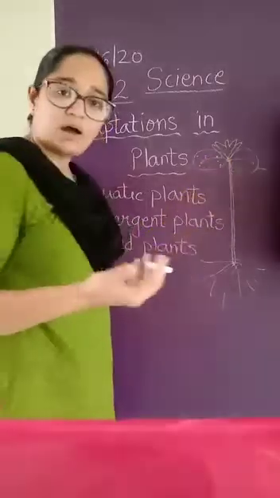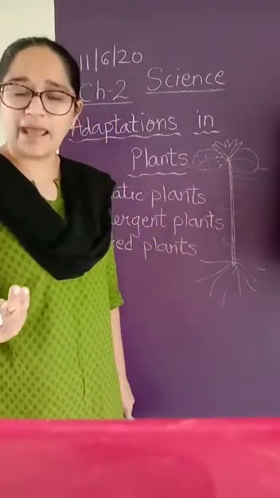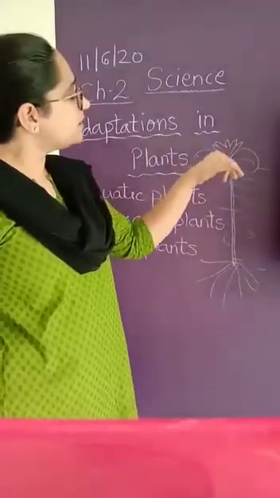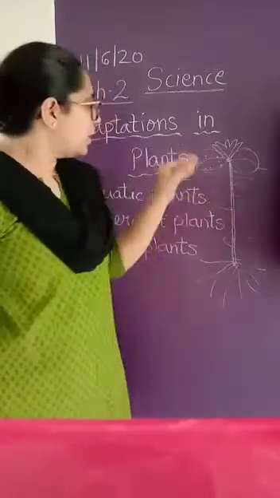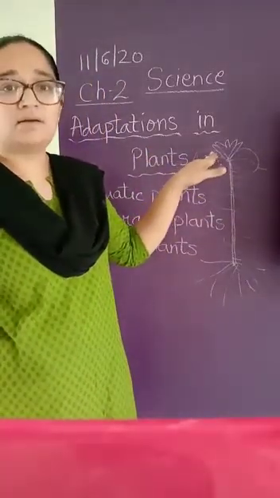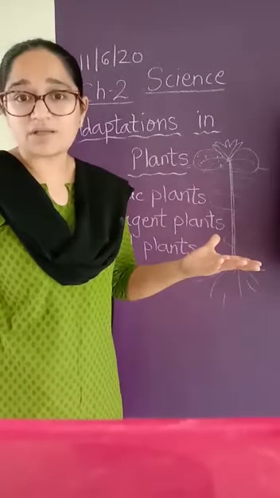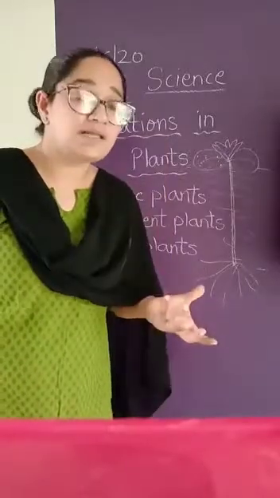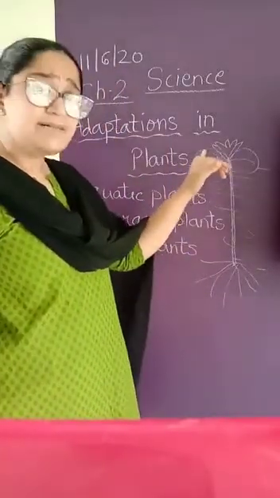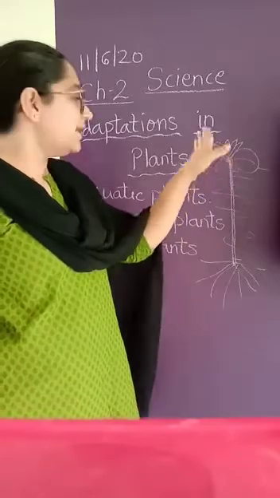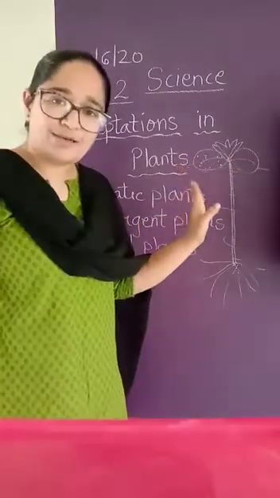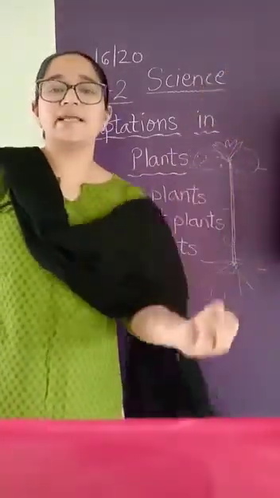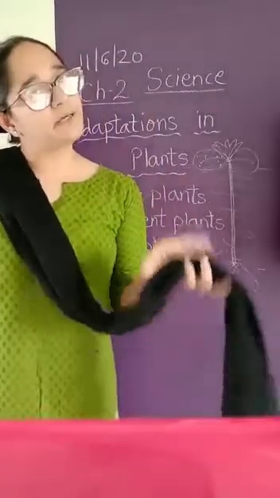नीचे होंगे तो how will we take? There is no air there. How will we take carbon dioxide then? So here the stomata are on the upper side. Now if water gets collected here, how will they take up carbon dioxide? Those are holes. Holes के अंदर पानी चला जाएगा. फिर carbon dioxide how will they take? That is why the stomata are on the upper side and the leaf is waxy coated. It will not let the water sit on it and easily it can take carbon dioxide from the air.